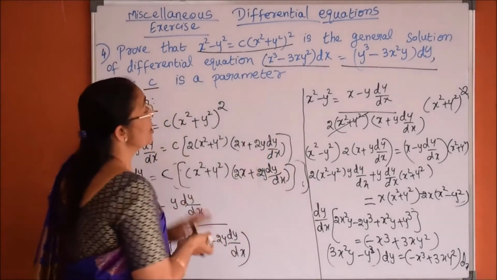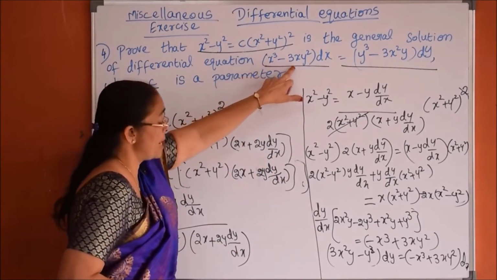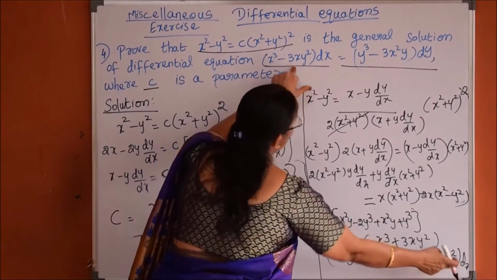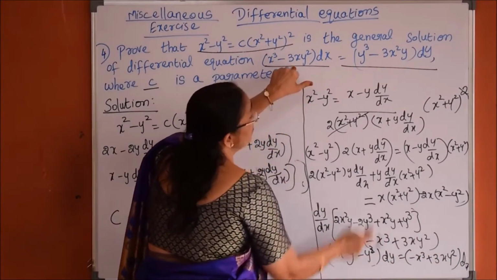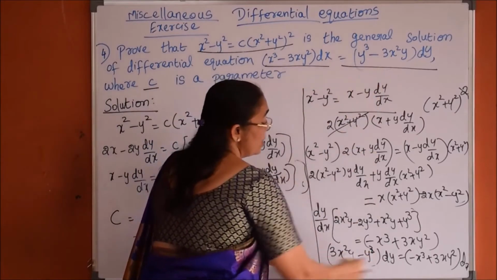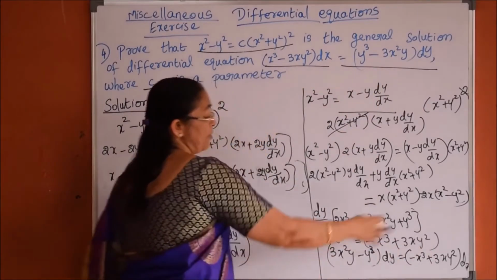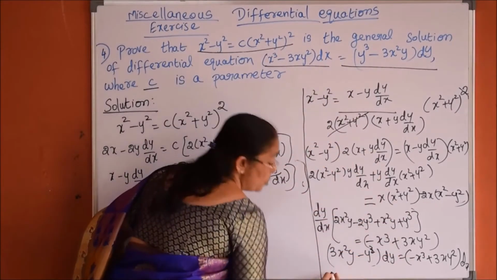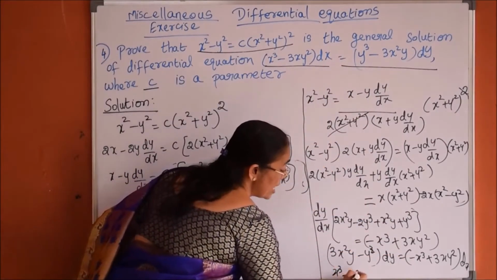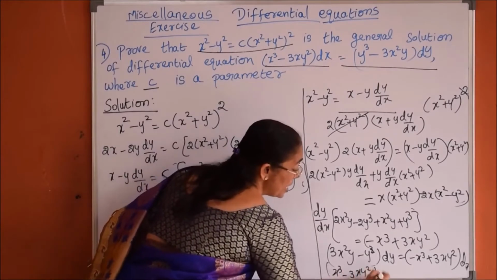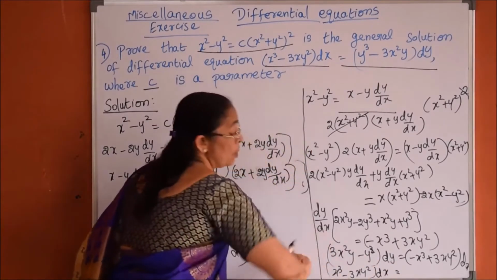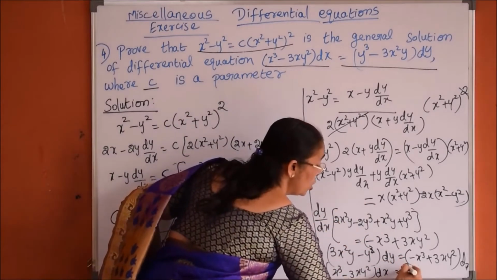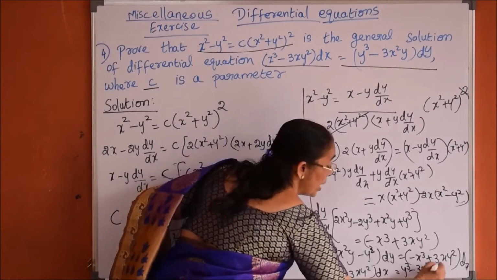So here the question is, you should prove (x³ − 3xy²) dx is equal to (y³ − 3x²y) dy. Just if I take the negative sign outside from both, we will get the required result. While taking the negative sign here outside, I will get (x³ − 3xy²) dx. Again we take the negative sign. So both the negative signs will get cancelled on both sides. So we will get (y³ − 3x²y) dy.